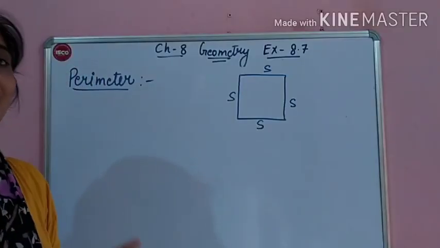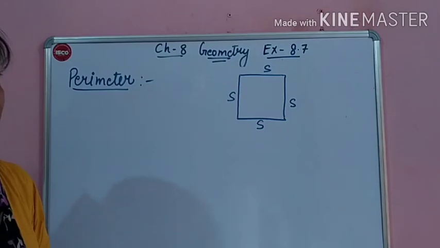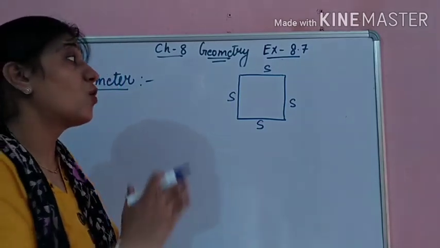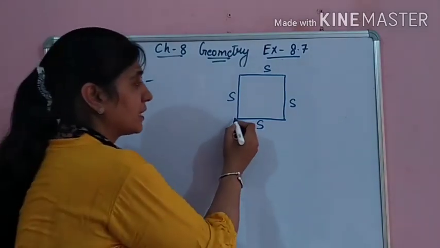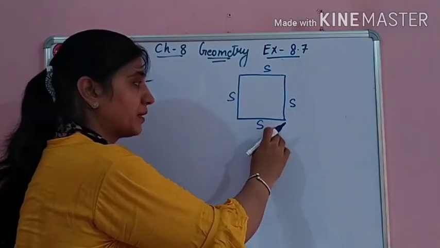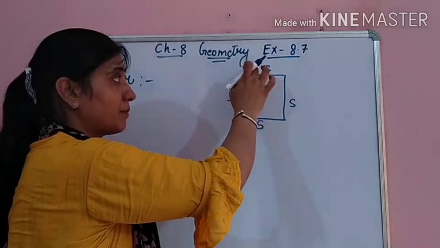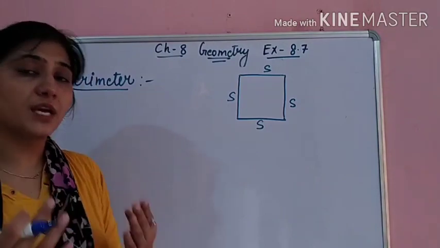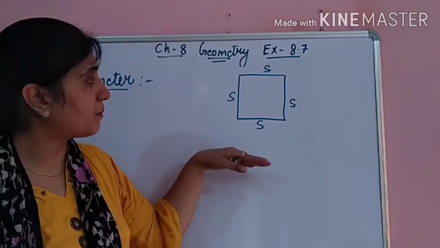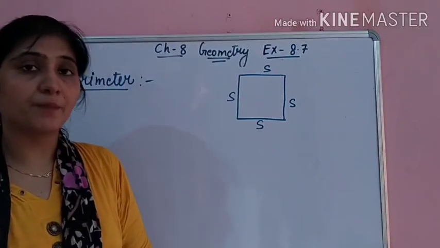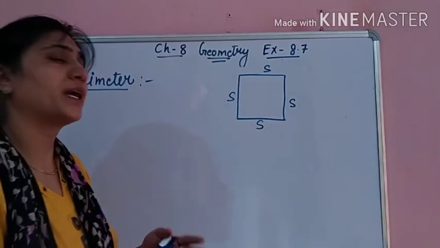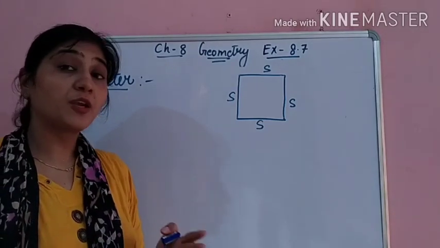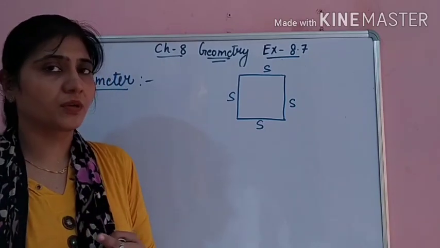Okay students, now let's learn how to find the perimeter of a sphere. See, what is this? This is the sphere, and in a sphere all sides are equal. Suppose this length is 2 centimeter, then this side must also be 2 centimeter, and this side must be 2 centimeters, because we know in a sphere all sides are equal and opposite sides are parallel. You can do it directly also, but you should know the formulas also, because in your MCQs and fill-ups these types of questions will come.